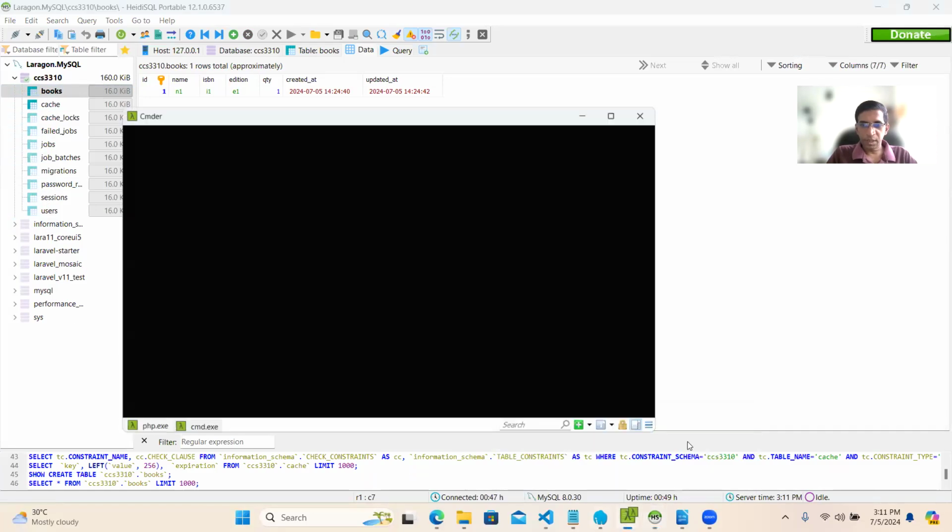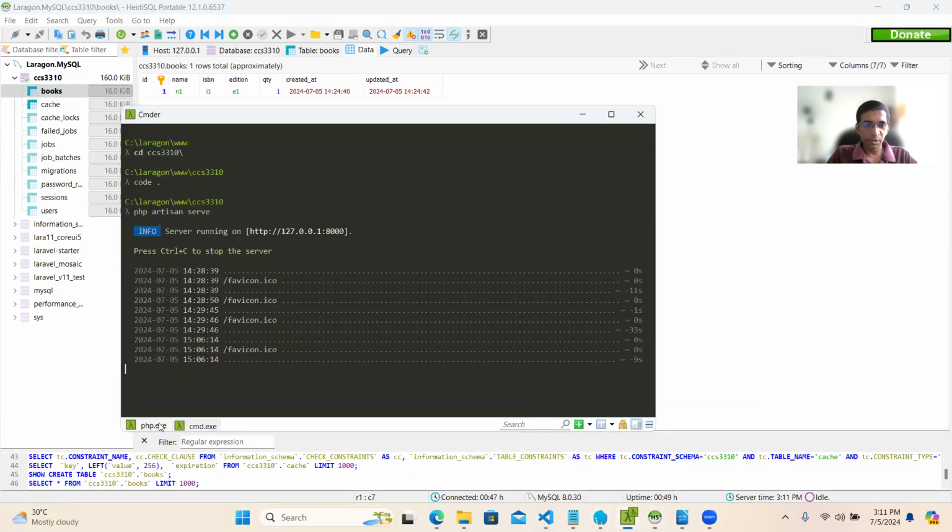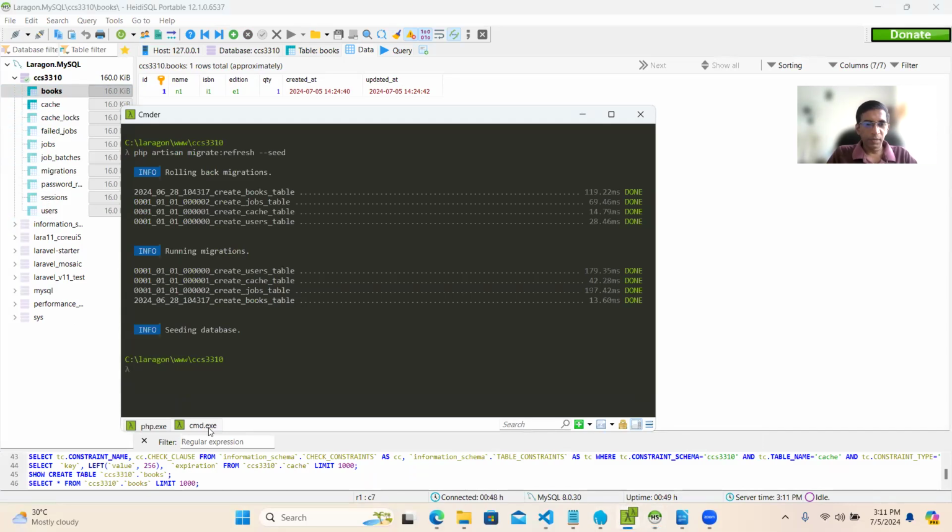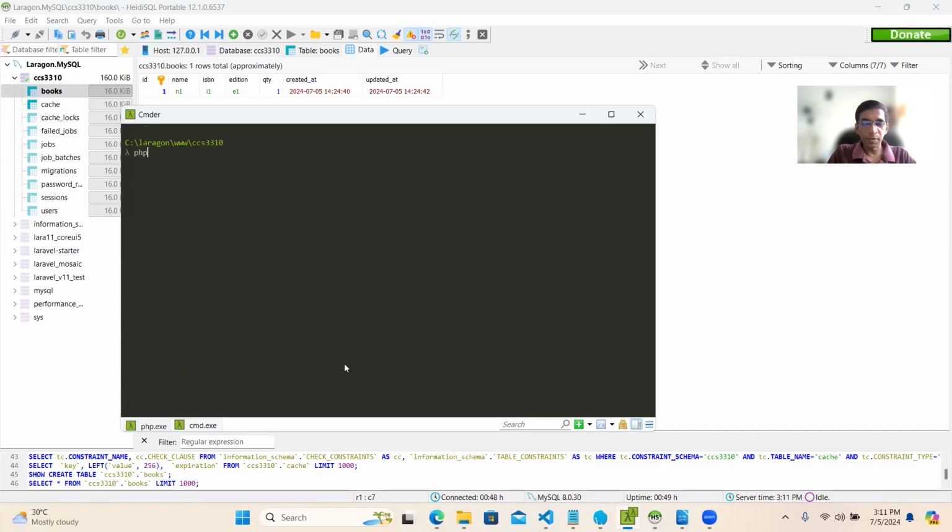Remember, we have two terminals here, duplicated. This is the artisan serve command running. It's serving my file. And then this is where I'll be typing my commands. So the command is php artisan migrate